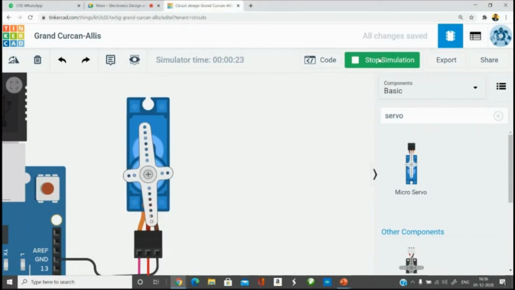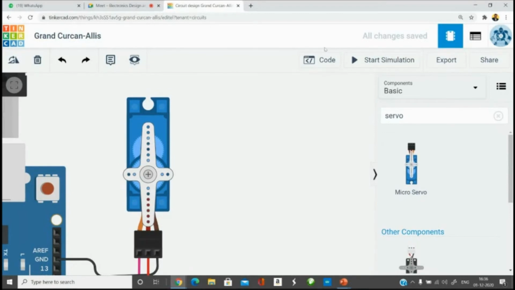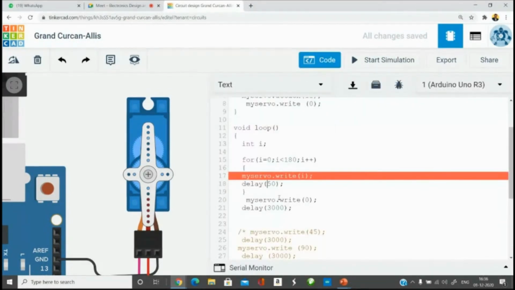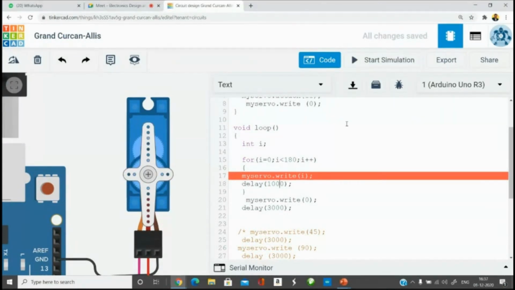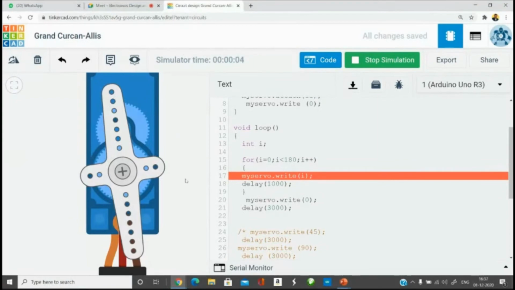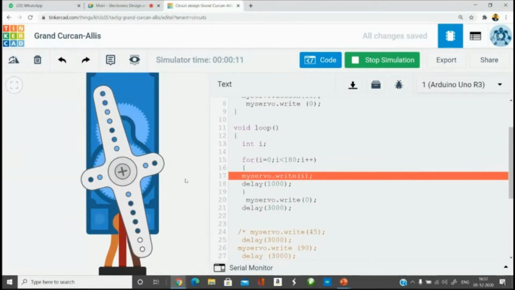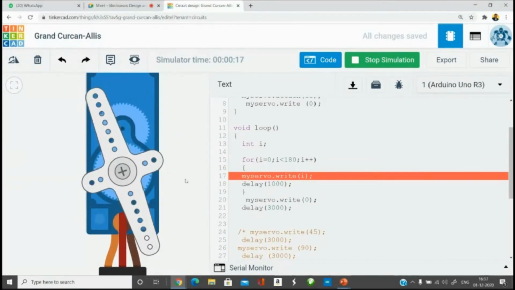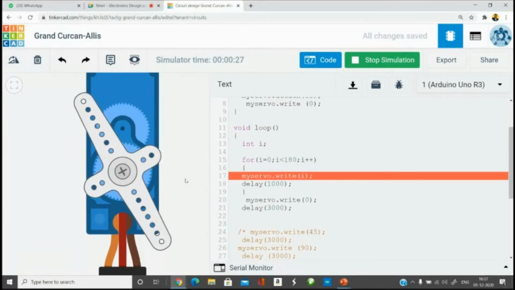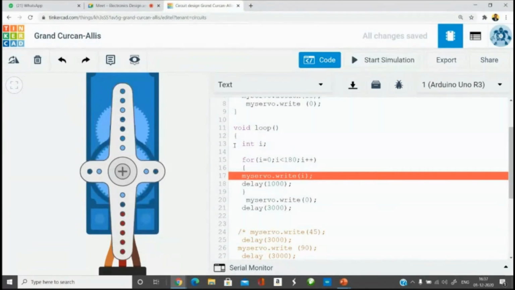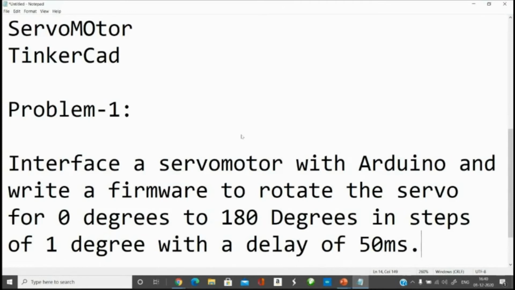So by increasing and decreasing this delay period, you can actually control the speed. If I increase that to 100, you can see that it is going still slower. If you want an extremely slow rotation, maybe this would help. I'm making a degree every 1 second, something similar to your wall clock. I'm making a rotation every 1 degree, but it will rotate for 180 degrees. Is it clear? So this is an open loop. Simply the motor is rotating.